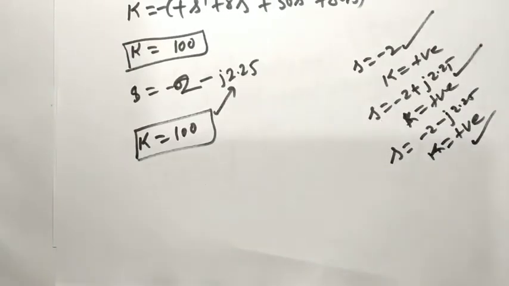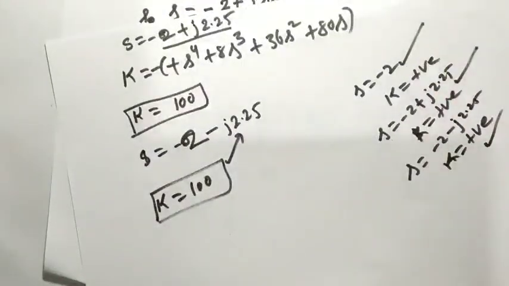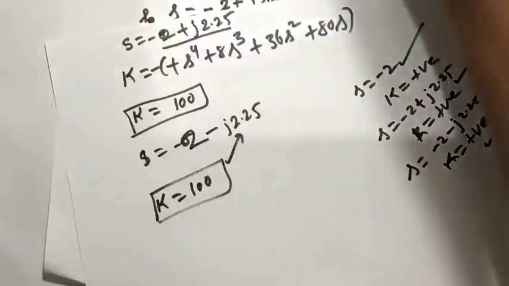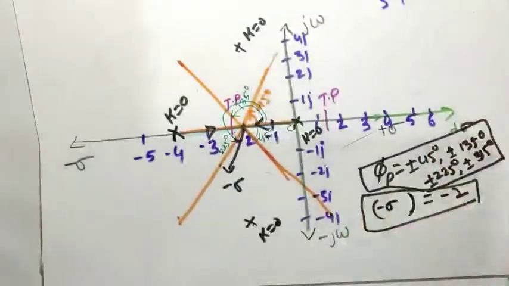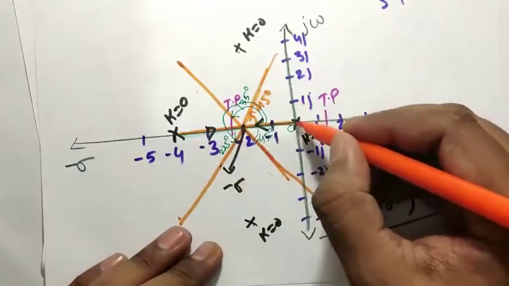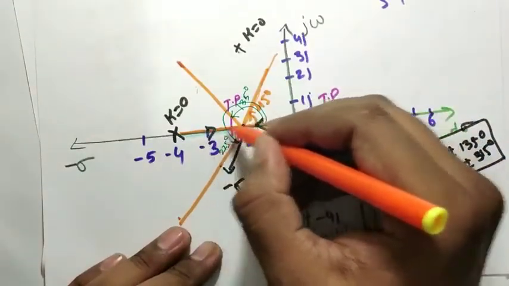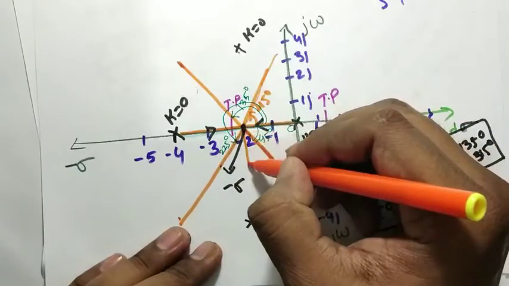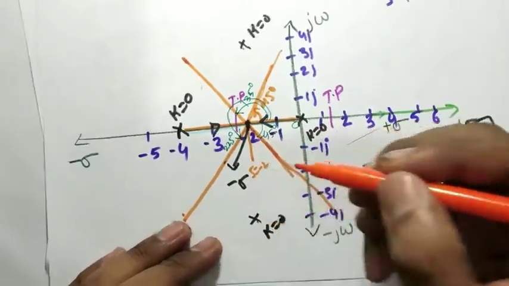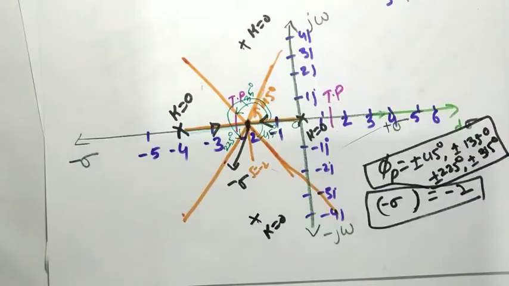So we see that if you take your graph, this one, right, there is a root locus. This root will come here and this root will come in this direction. So this is a breakaway. Here there is one breakaway point, that is s equal to minus 2. The other two are complex.